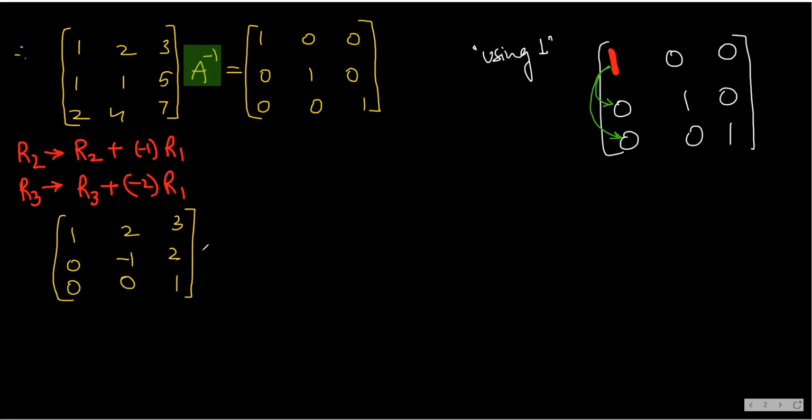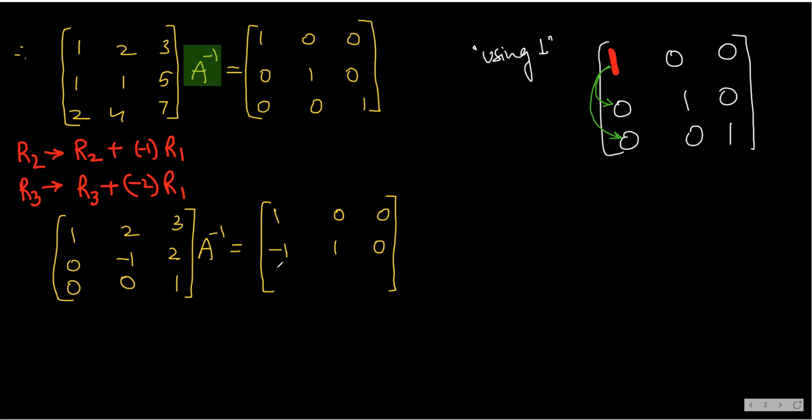Okay. A inverse. And this side, what will happen? The transformation you applied here, you will also apply on RHS. So R1 is not changing: 1, 0, 0. R2 is changing. How? Multiply minus 1 and add it. R2 changes to R2 plus minus 1 R1. So minus 1, this is 1, this is 0. Since these are zeros, even if you multiply anything, no changes will occur.